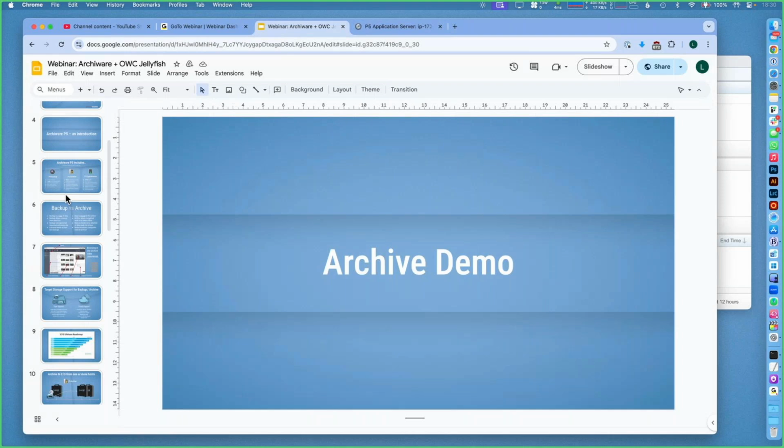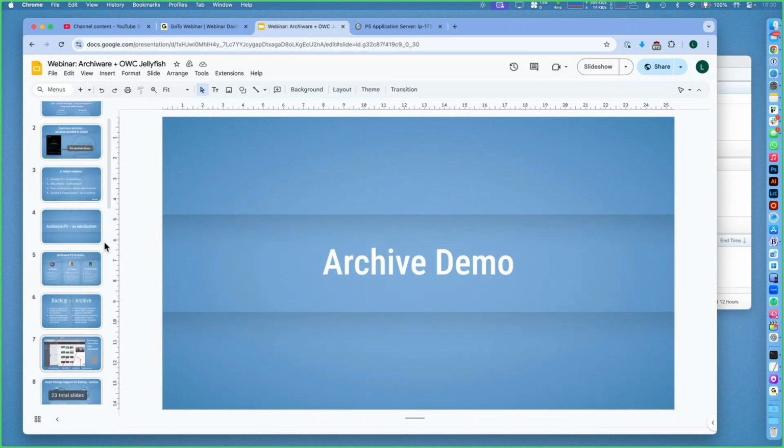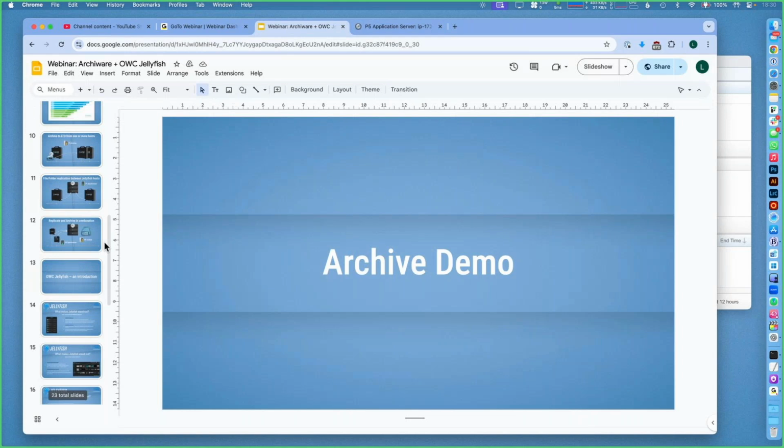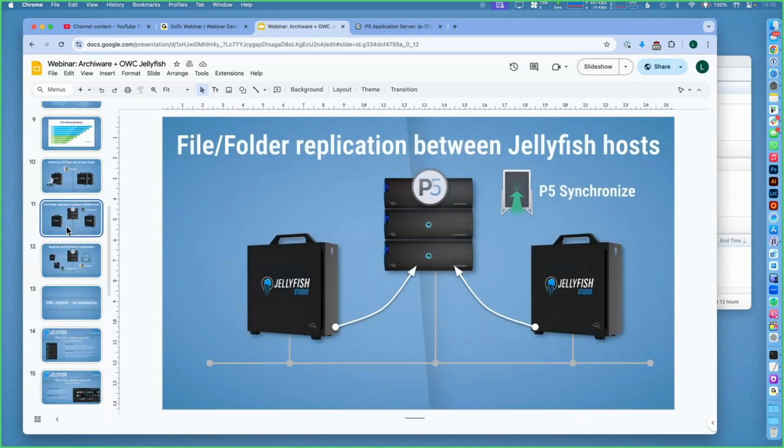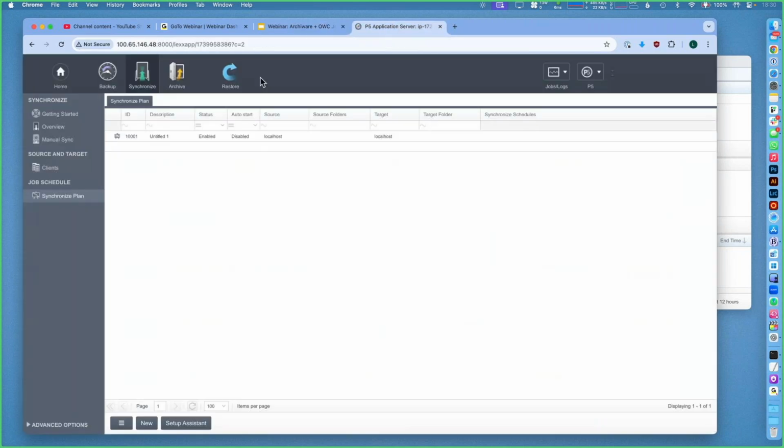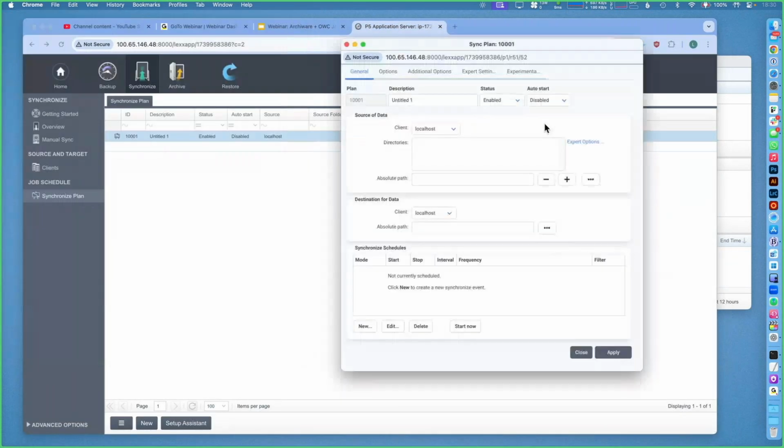So if I go back to the slide where we were talking about a synchronized workflow like this one, here we're synchronizing from a couple of different smaller jellyfish to the big one in the middle. This is the workflow that we can configure under the synchronized tab. In here, you're basically specifying a source, so that could be one of these jellyfish, and a destination, and then the folders that you want to replicate. And down at the bottom, a schedule, much like with the archive,